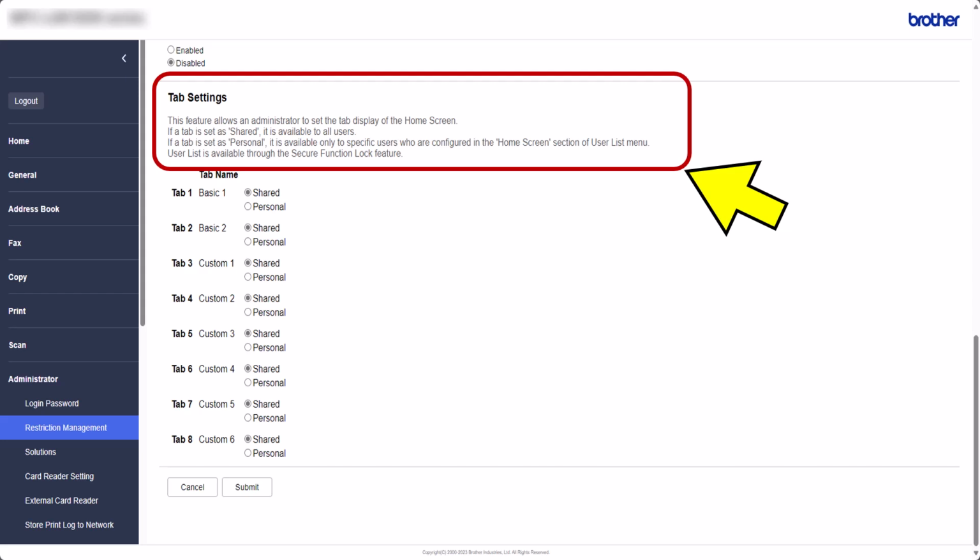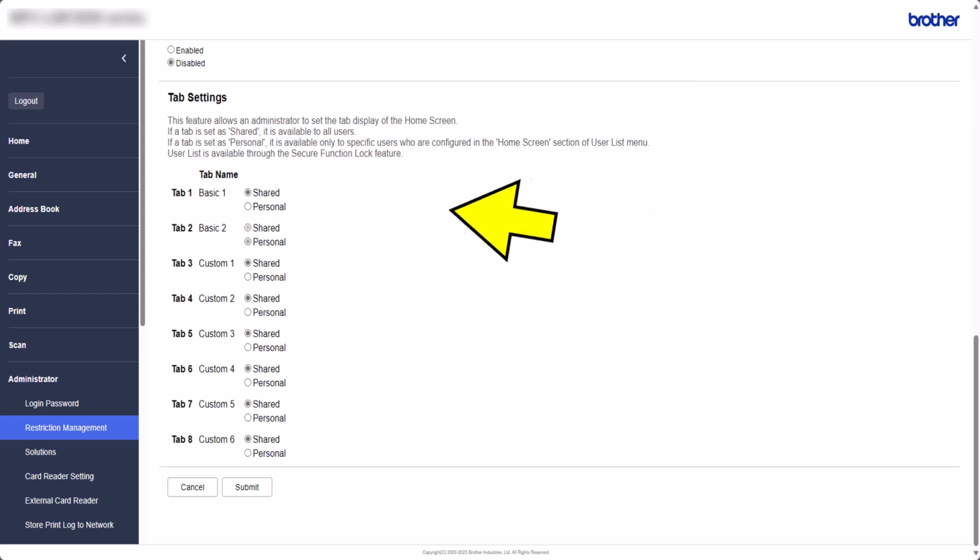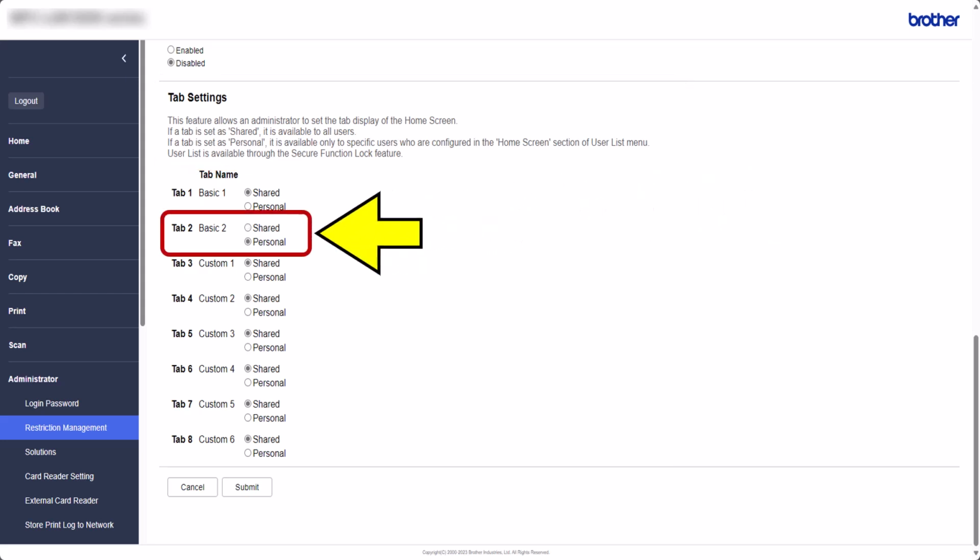This is where you would set specific tab options. If set to shared, every user will be able to see the tab. If you set to personal, only specific users will be able to see the tab. Here, tab 2 is set to personal. We will see how this is used when setting up the users later in the demonstration.